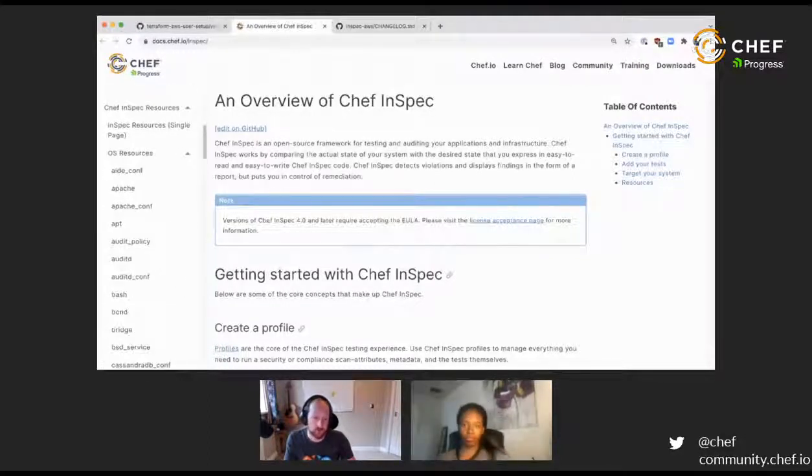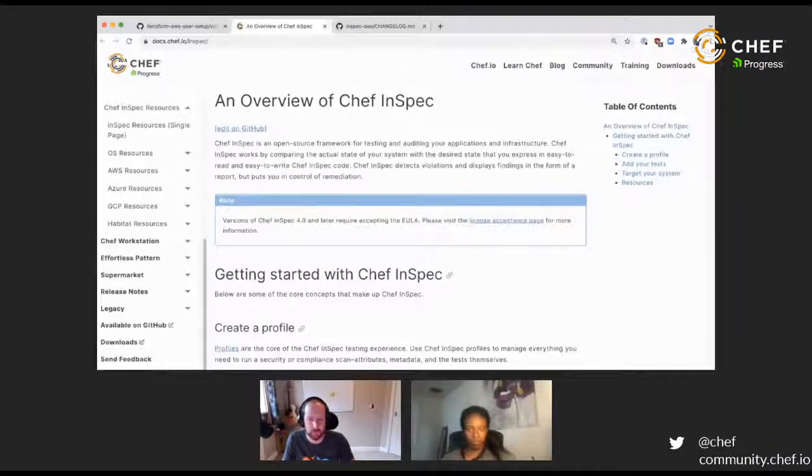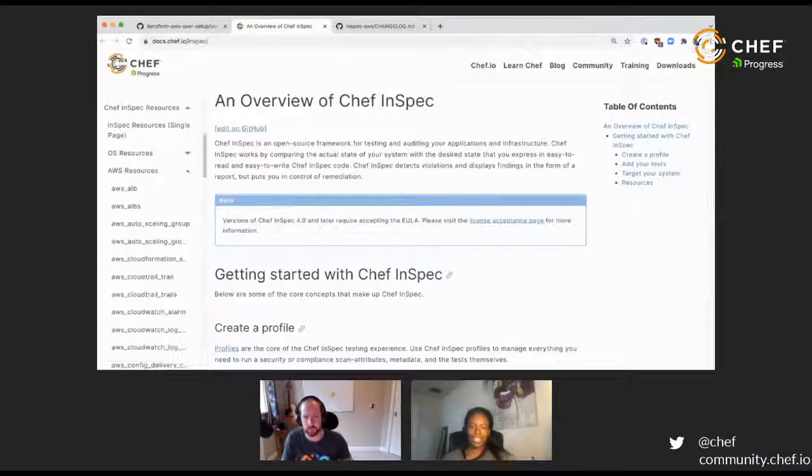OS resources are usually the ones that are baked into core Inspec. There may be a couple of resources in this list that are not in core Inspec, but there's the AWS pack, the Azure pack, the GCP pack, and the Habitat pack, I think. Let me bring up AWS.